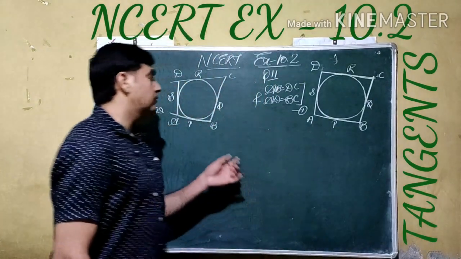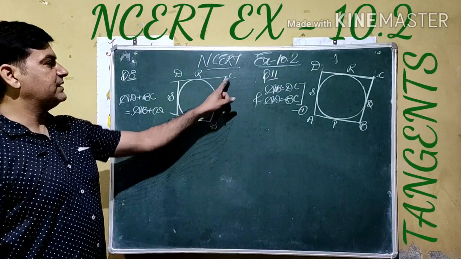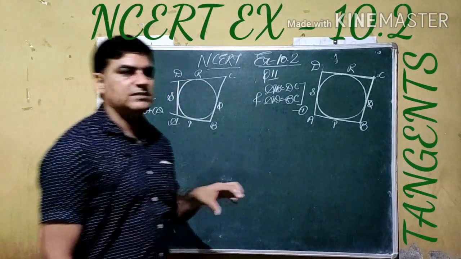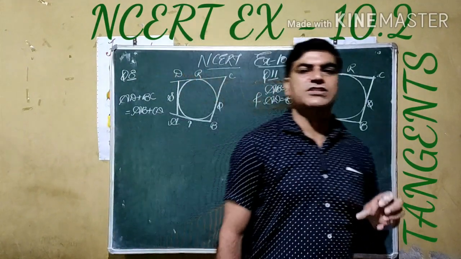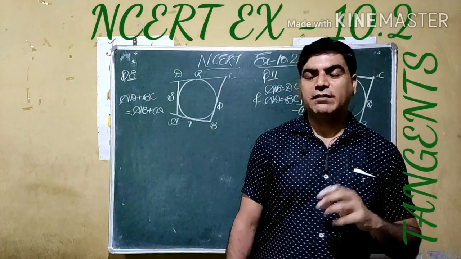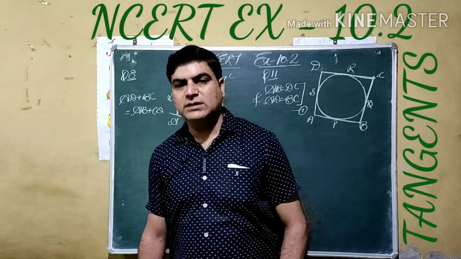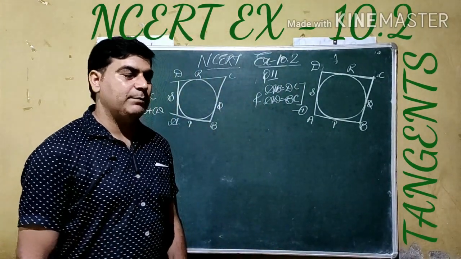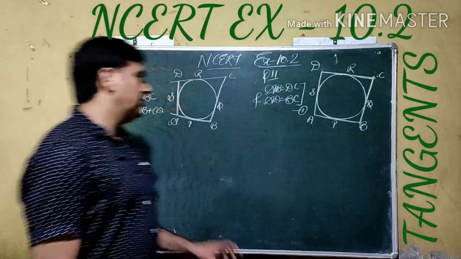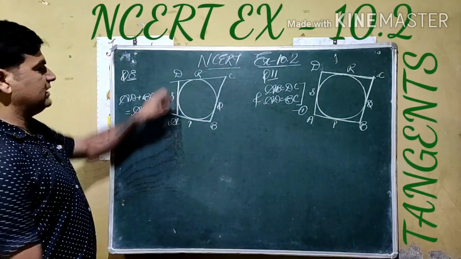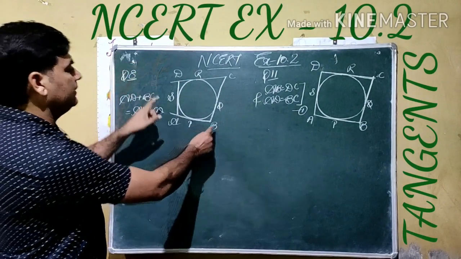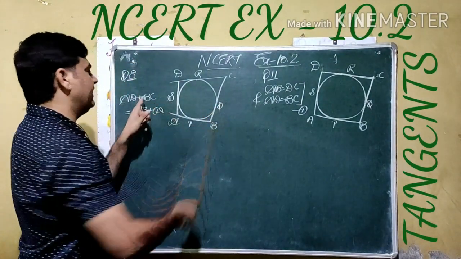If you see here in question number 8, ABCD is a quadrilateral circumscribed by a circle. Circumscribed means it covers the first shape inside it, like this. If we put a ball inside a box, it means the box covered the ball fully. So circumscribed means it is the outer shape. In this question we have to prove the sum of these two opposite sides AB and DC is equal to the sum of these two sides AD and BC.